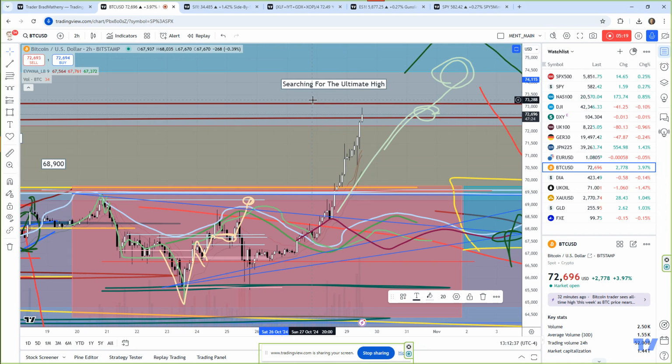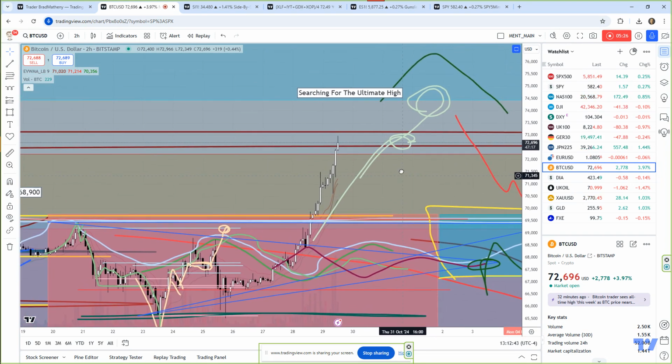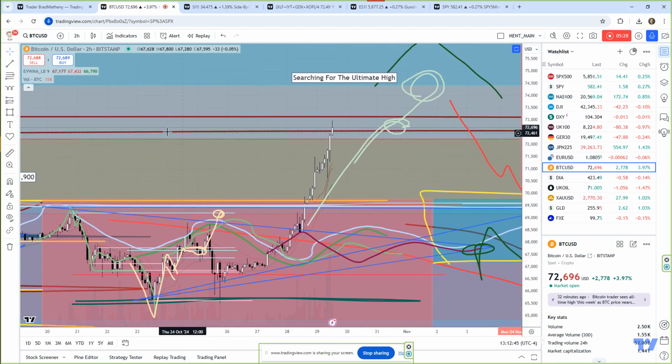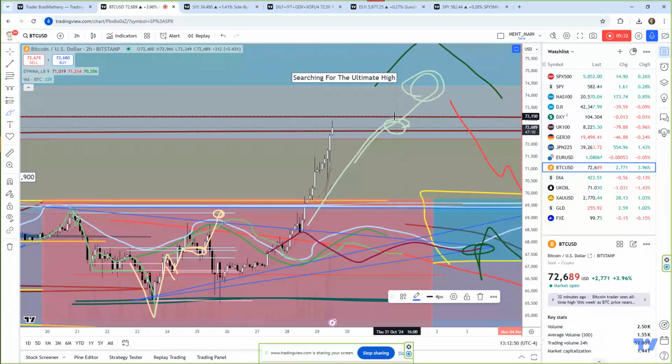Part of the excess phase peak pattern. We are now searching for the ultimate high up here, and ideally we could have reached it right here. We do have very strong resistance in this area, just to let you know. But we might get kind of a rally, consolidation, and then pump up here into the